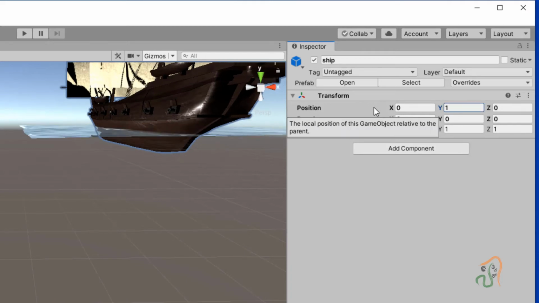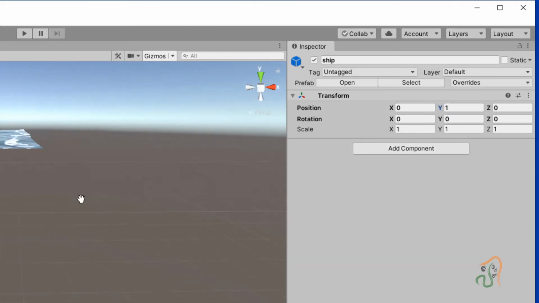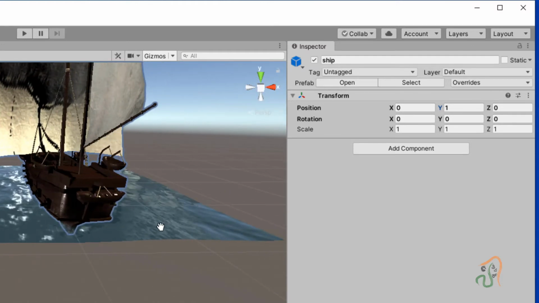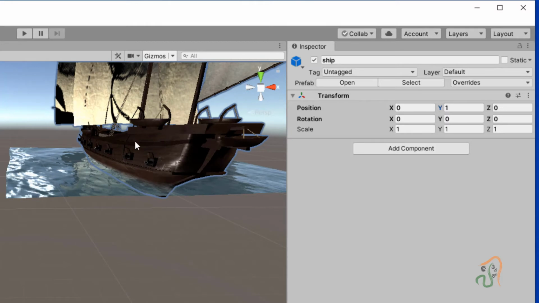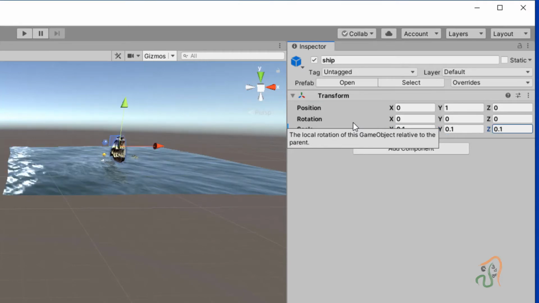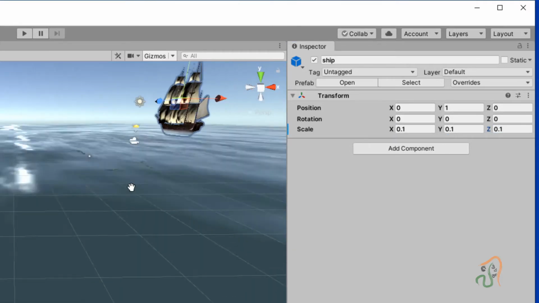Let us move it by 1, so it is just above the water level. The next thing is the scale. We are seeing this ship to be very big. Let us scale it down to 0.1, 0.1 and 0.1. So we made this ship smaller.